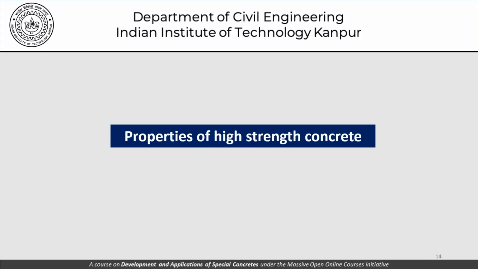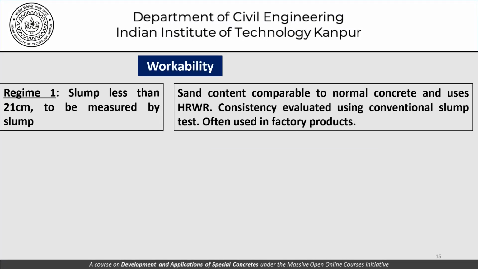Now, as far as properties of high strength concrete are concerned, there is one regime where we are talking of slump less than 21 centimeters, and the workability can still be measured through slump. In that regime, the sand content is comparable to normal concrete and we can use high range water reducers. So the consistency evaluated using the conventional slump test is still possible, and this is often used in